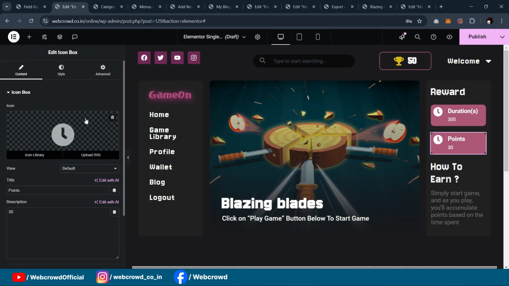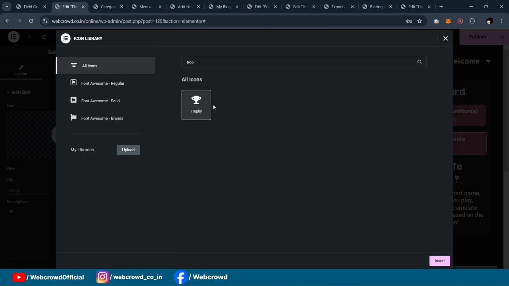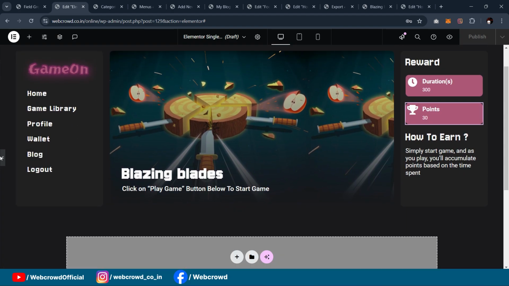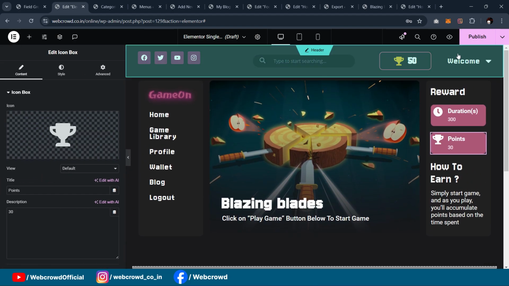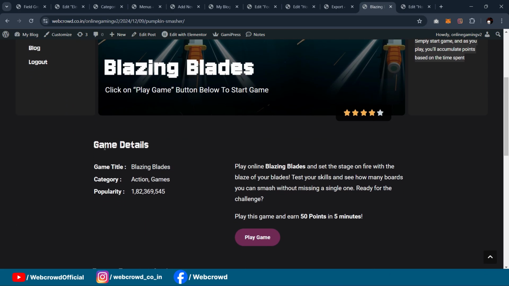Here set the icons to something like trophy, or you can also upload your custom icon. Okay, something like coins. Okay, now we have to create the game details. Okay,